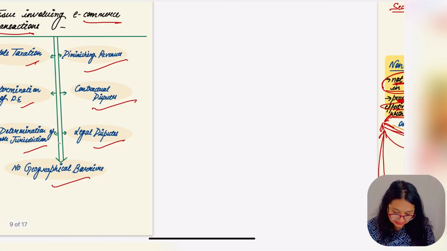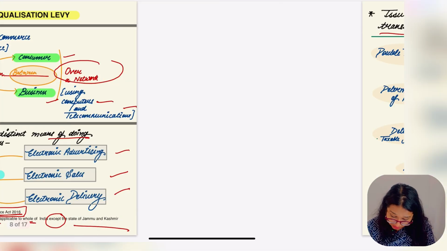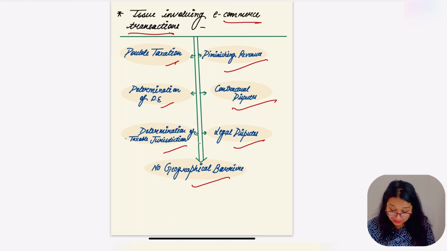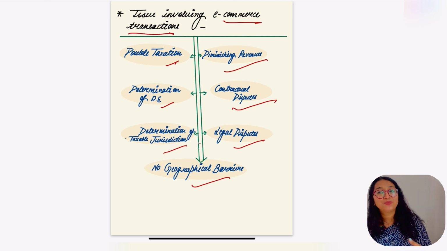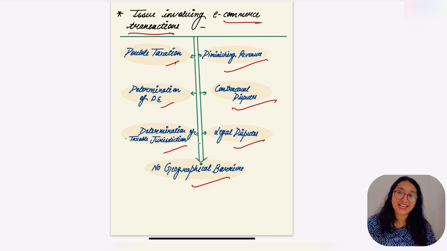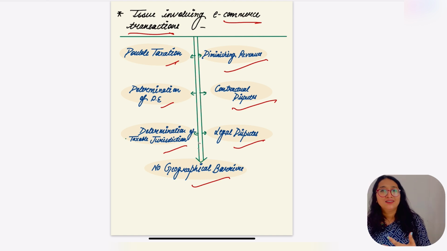So that's it guys, today's topic was equalization levy. Hope you understand the meaning, the rate, and which rate is going to be imposed in which condition, who is going to pay the equalization levy and what is the rate, what was the time limit, and if the order is not satisfactory, the SEC can go for appeal, and the time limit again. So hope this was clearer to you and you liked the video.